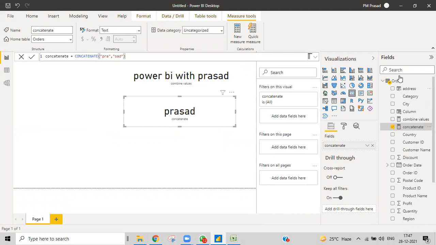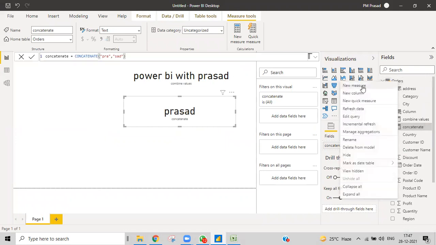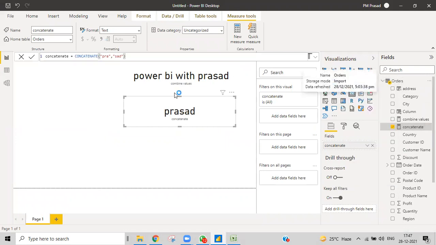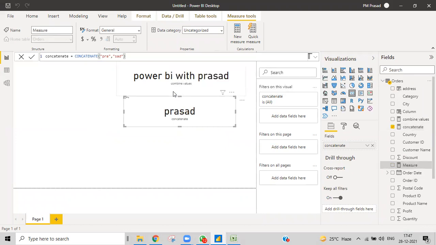So I'll write a measure over here, right click and then new measure, and I'll create an EXACT measure. EXACT equals EXACT. The measure name can be anything, that's not an issue, but just make sure you remember what I'm writing.